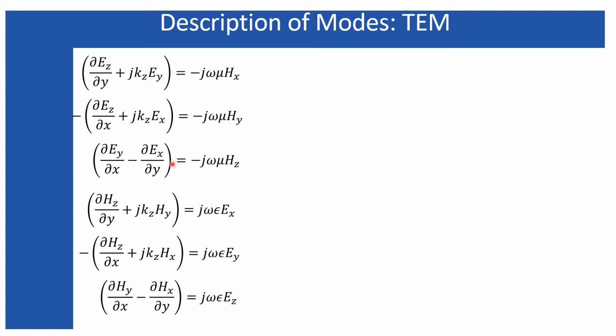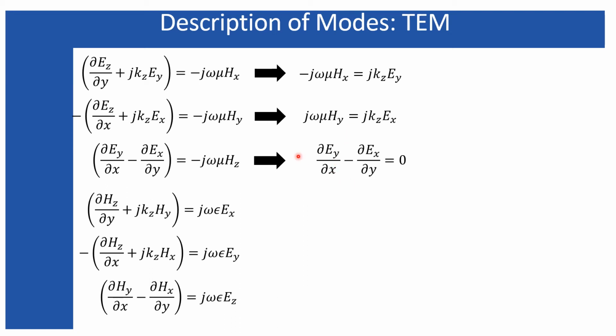These are the original six equations, three for the magnetic field and three for the electric field, that I have obtained in my earlier slides. And here, if you write Ez equals 0, this equation will result like this, and the next one like this, and the next one like this. And this equation represents the curl of the transverse component, because only Ey and Hx are included in this expression, and the derivative is with respect to x and with respect to y.